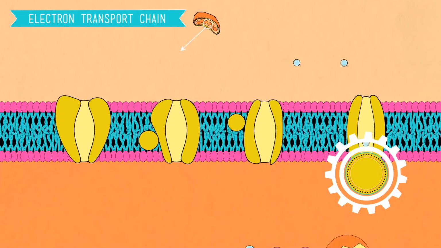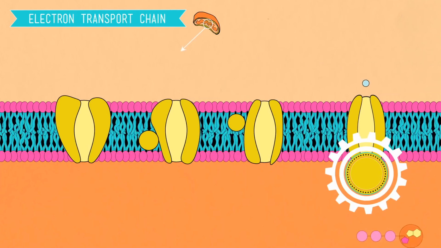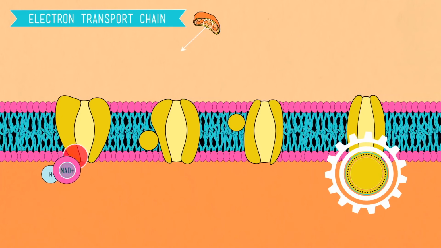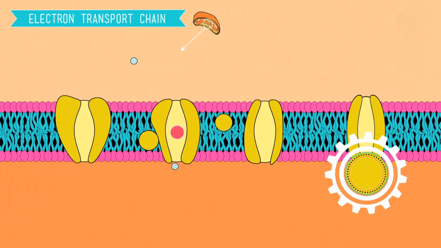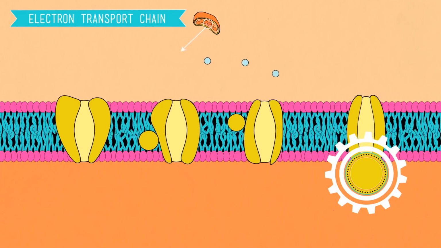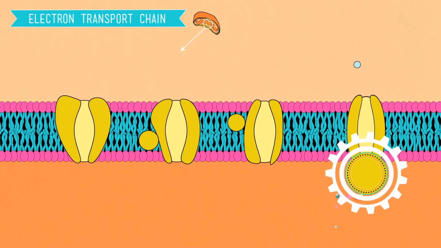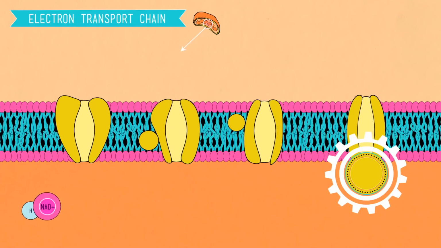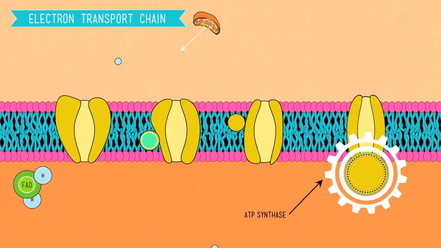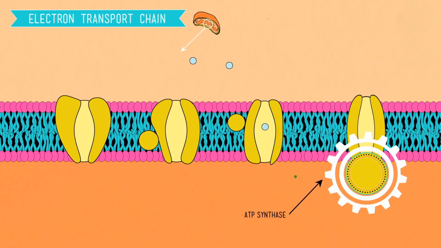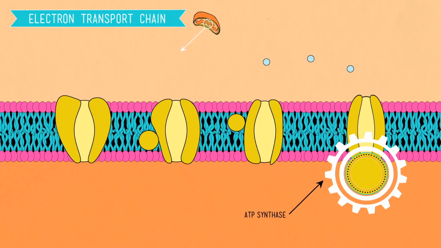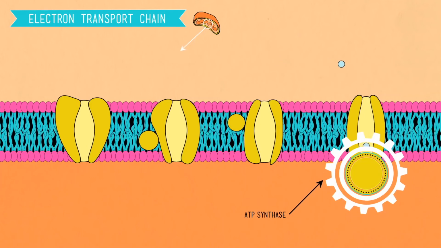But once they're out, the protons want to get back to the other side of the inner membrane because there's a lot of other protons out there, and as we've learned, nature always tends to seek a nice, peaceful balance on either side of a membrane. So all of these anxious protons are allowed back in through a special protein called ATP synthase. And the energy of this proton flow drives this crazy spinning mechanism that squeezes some ADP and some phosphates together